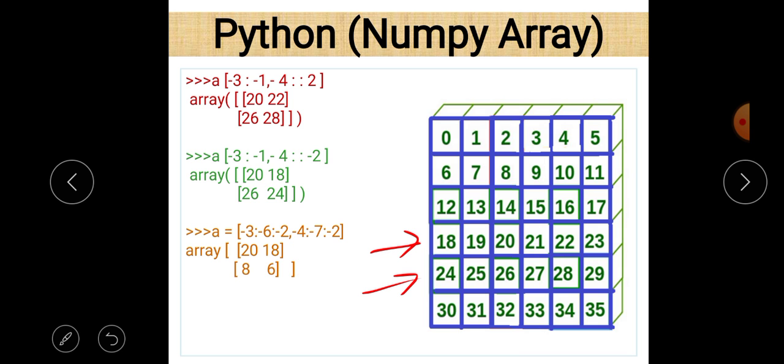So that is the column at index position -2, and that is column at index position -4. So only these are the columns. And now look at the intersection point. Intersection point will give you a clear idea. So these are the elements